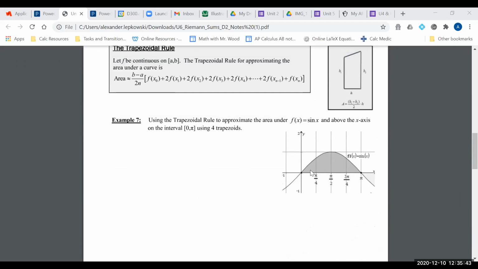So the trapezoidal rule is used to approximate. It's more accurate than the Riemann sum method with rectangles, but it's more complicated. So we're trading complexity for accuracy. This is not the only approximation scheme. There's another common approximation scheme which is no longer a part of BC calculus called Simpson's rule, which uses, instead